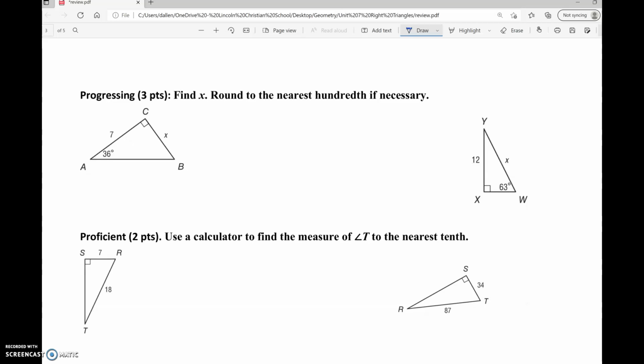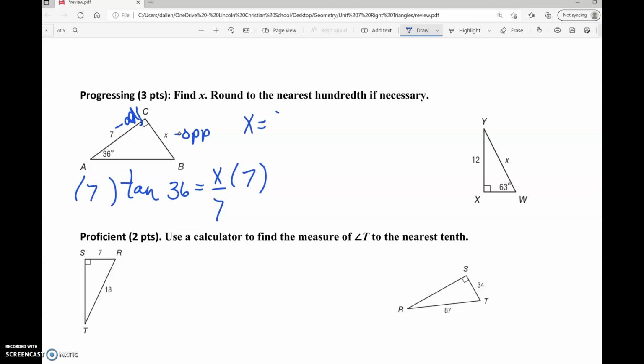Right, and then here we're going to use our trig functions. So I'm going to just do this progressing, and then I think that we will be out of time. So we have to figure out how x relates to 36. It is opposite, and 7 is adjacent. So we're going to use tangent. Tangent 36 equals opposite x over 7. So the variables up high, we're going to be multiplying. So we're multiplying both sides by 7. And then I'm going to plug that x equals 7 tangent 36 into my calculator, and you should get 5.1. All right, we will